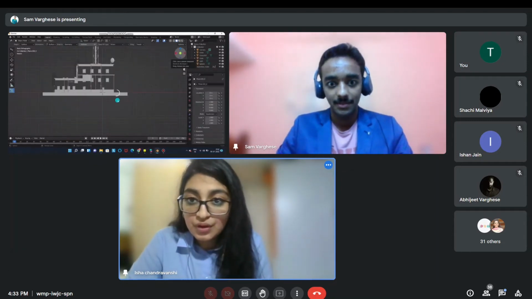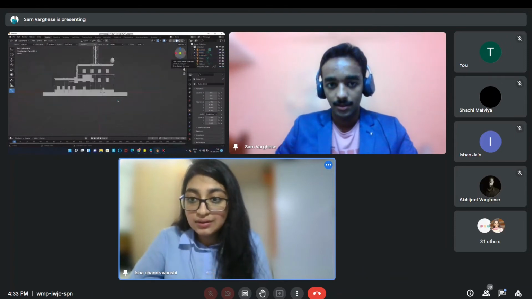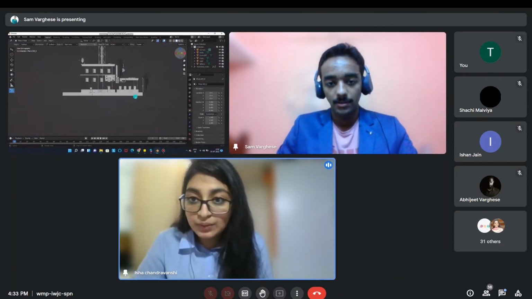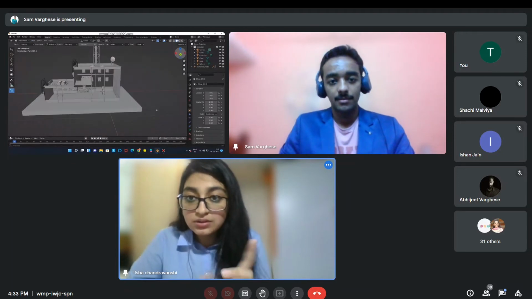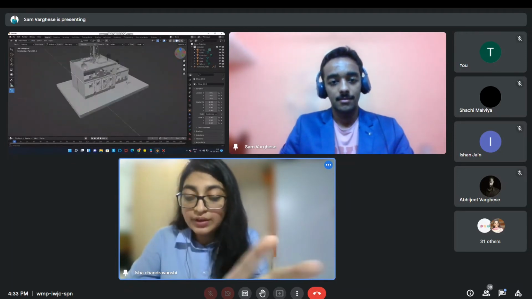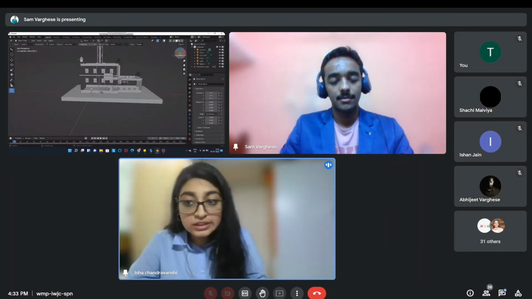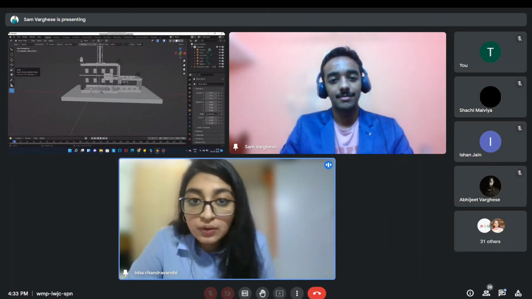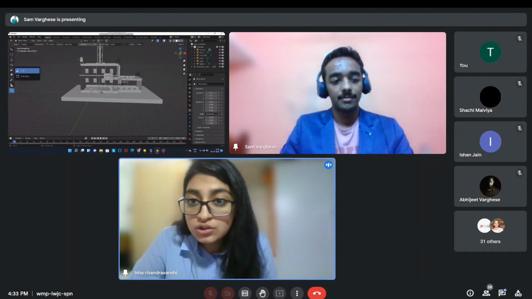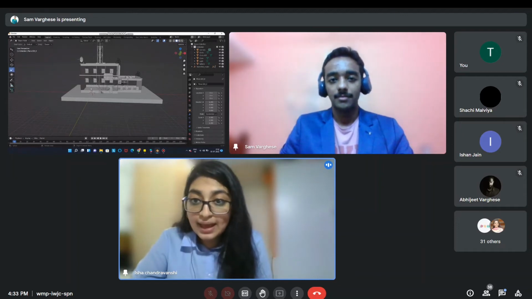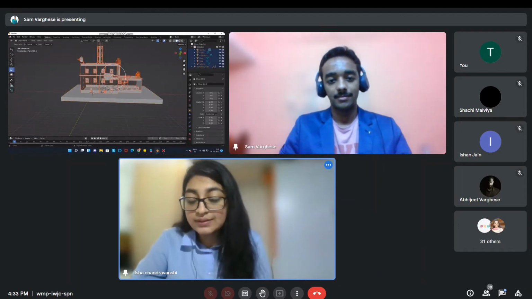Sure. This is the model that we built ourselves. This is the model of a 3D building. We can have a 360-degree view of this. It's quite easy to make actually. So what we'll do right now is show you how to implement an object in this 3D model.